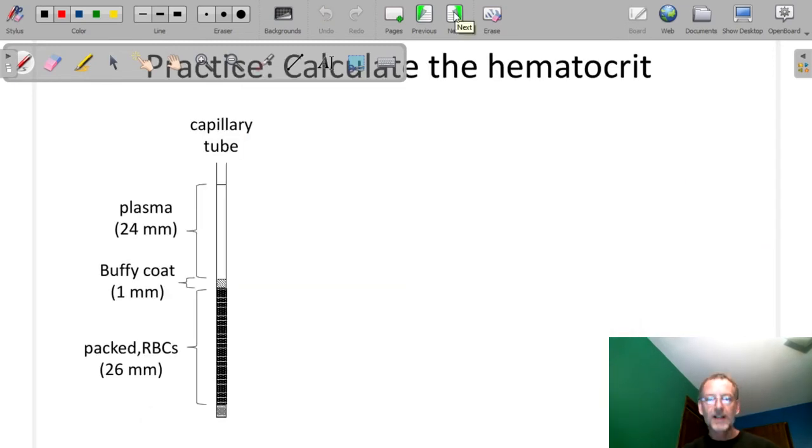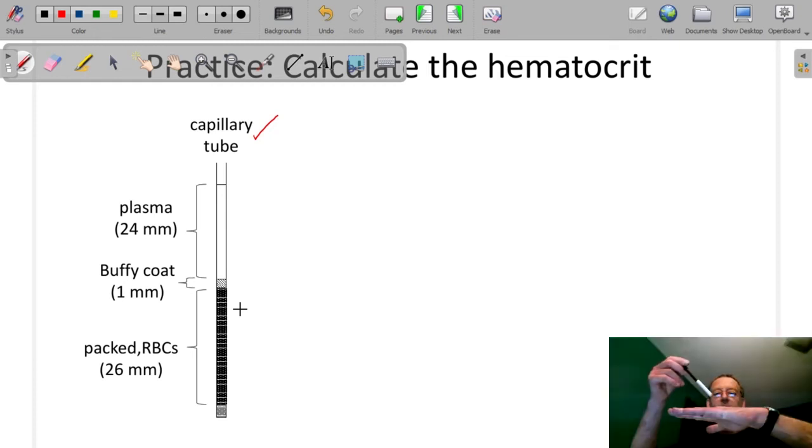The last slide is for you to practice calculating a hematocrit. It's pretty straightforward. This is an example of a lab that we do. If we were meeting in person, you would be given a capillary tube, which is a small, thin glass tube, and you basically fill it with blood by touching it to a drop of blood on a microscope slide. And